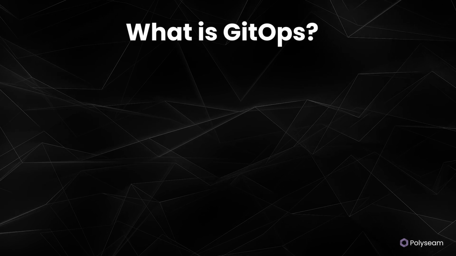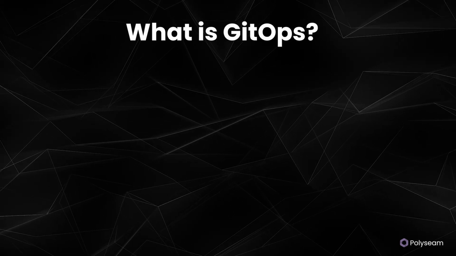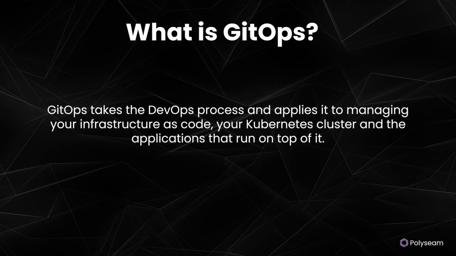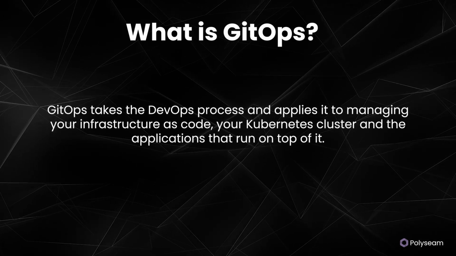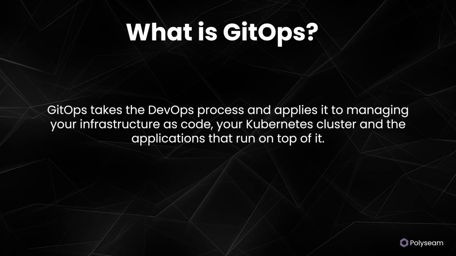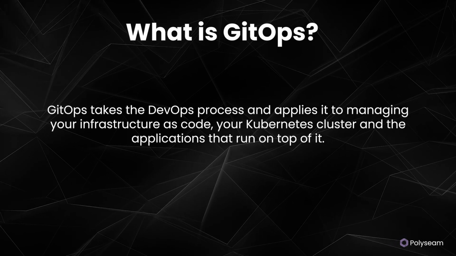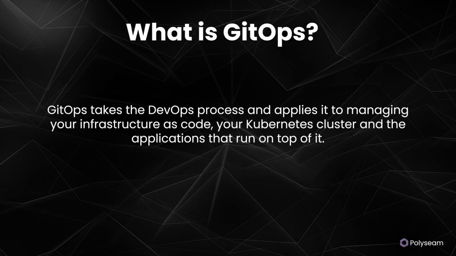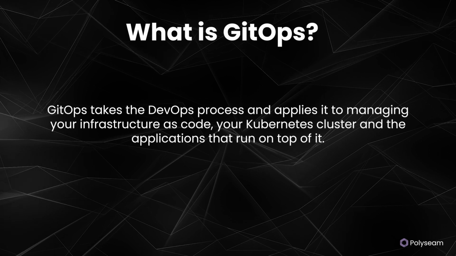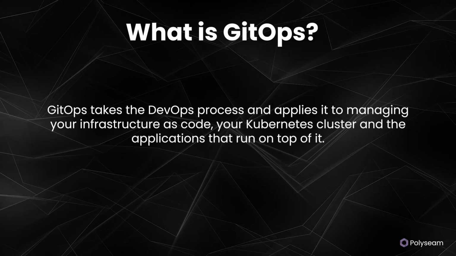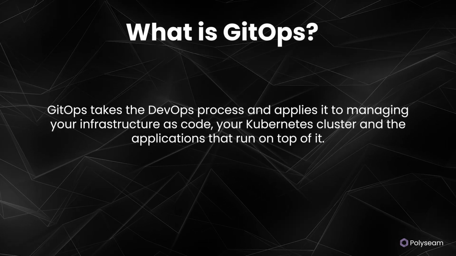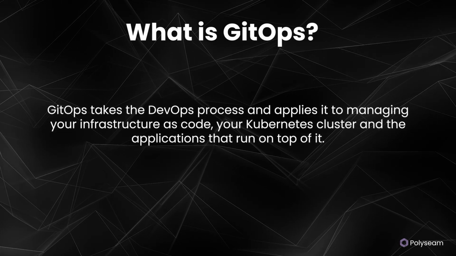So first let's go over a definition for GitOps. And like many terms, you'll find many different definitions, but this is one that we at Polyseam all agree on. GitOps takes the DevOps process and applies it to managing your infrastructure as code, your Kubernetes cluster, and the applications that run on top of it. I know that definition was full of terms, but we're going to go over each one individually and break them